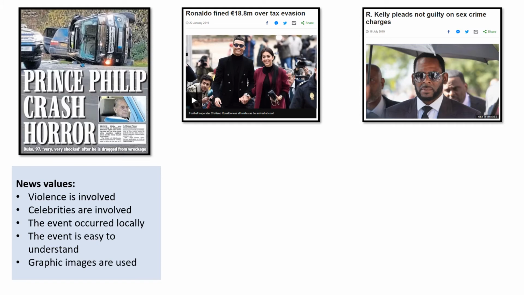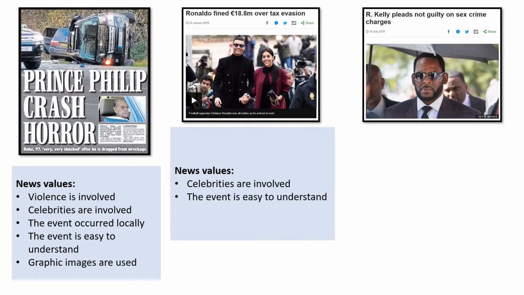So the second one, Ronaldo, we can say that there's a celebrity involved and the event is easy to understand. Obviously, it doesn't have all of the other news values, so if we were to compare the two stories, this one is likely to be on later pages of a newspaper, or you'd have to scroll down a newspaper website to see it. And then the last one, R. Kelly,